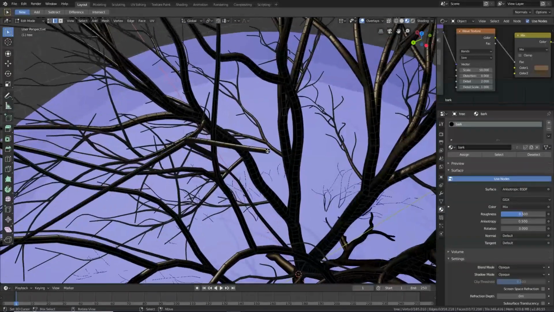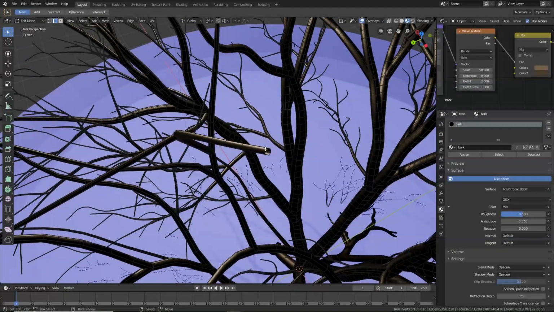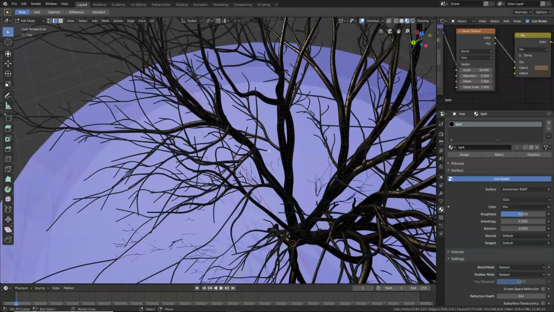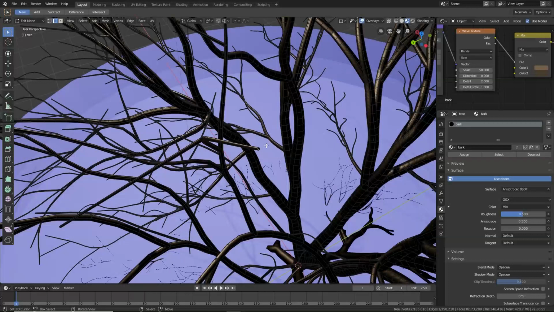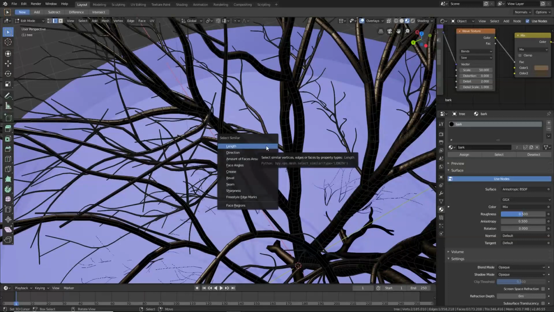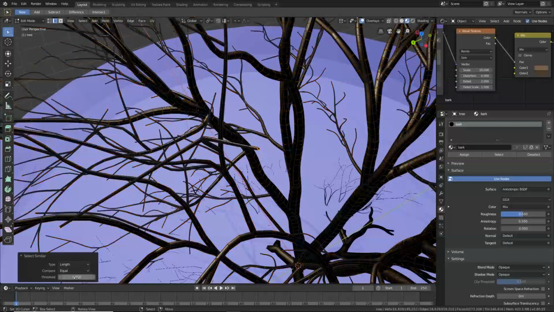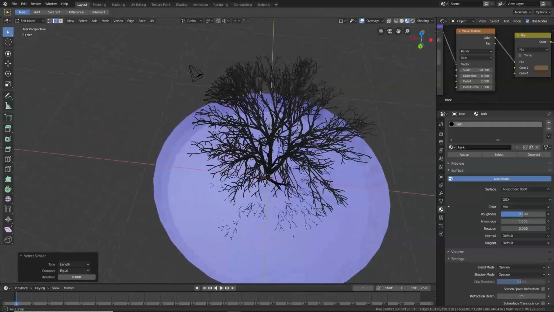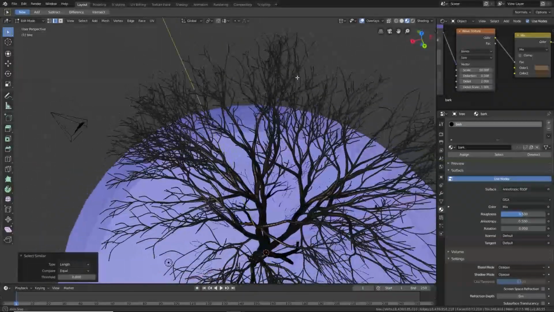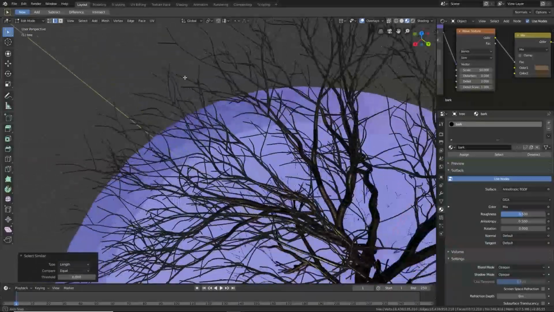Okay. And same trick of choosing similar things. I'm going to select only one. Now you can see it, except I'm going to clip view right out of it or whatever. Okay, so I've got one. Now Shift G allows me to select similar length. And I'm going to put this to 0 and press decimal on my number pad, and you can see all these little specks of yellow around the tree,